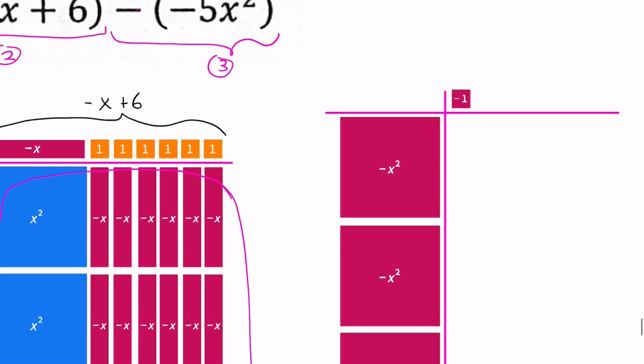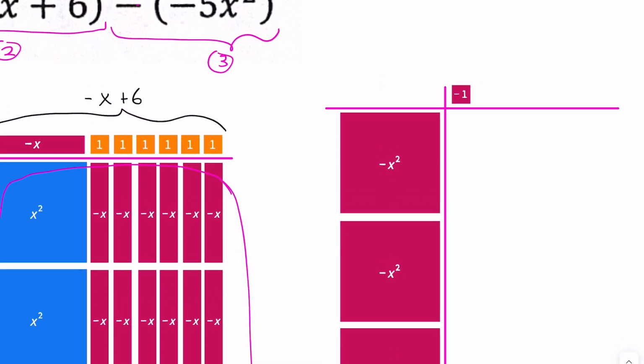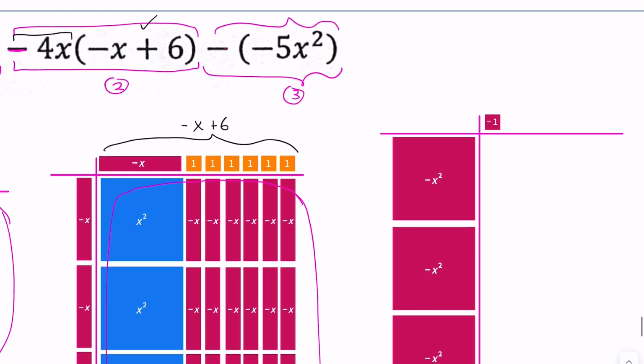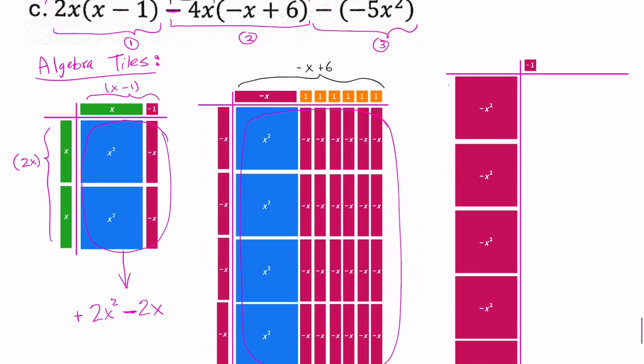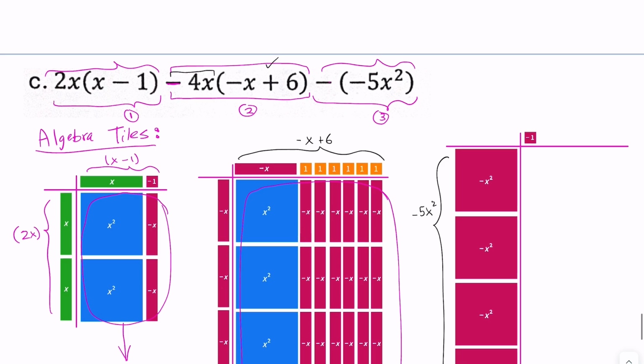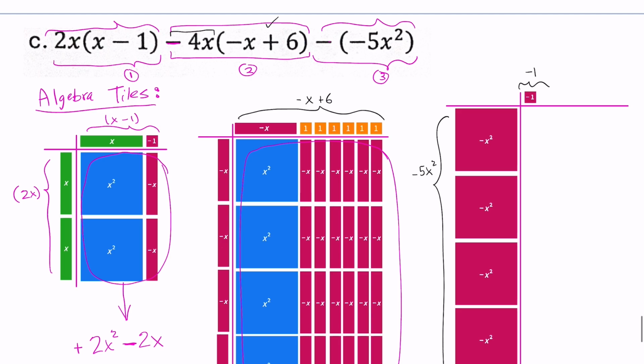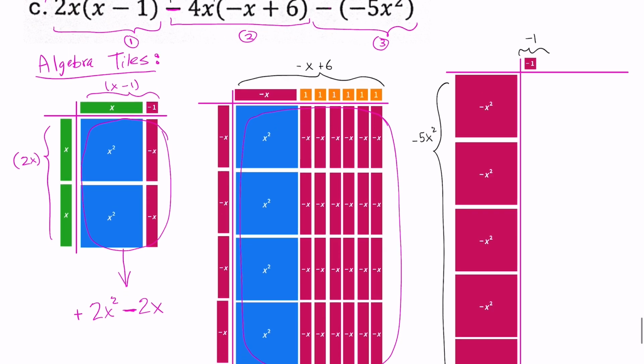Okay, so this is actually an interesting one, because here I have my negative 5x squared right here. Negative 5x squared. Okay, that's what that represents. And right over here, I have my negative 1. Okay, so this may look a little bit different than what we've seen, but the idea that we want to keep in mind always is